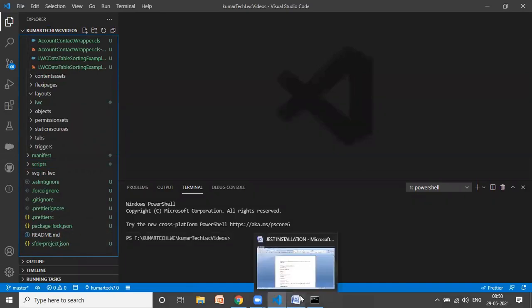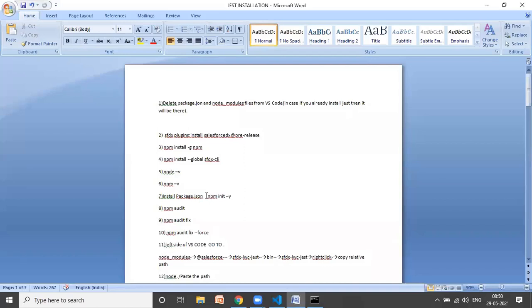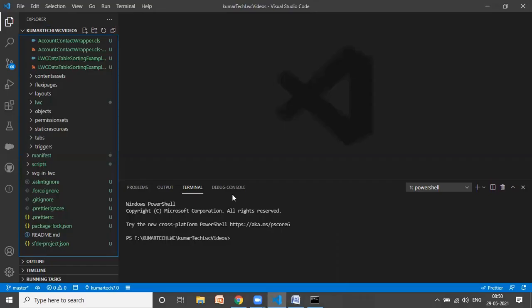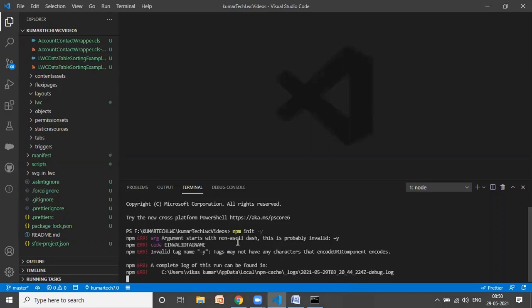So first step, go here and type npm init -y. You can type npm init as well, but there will be lots of questions, like entering the version, package name, etc. So you just enter npm init -y. Wait for a few seconds, and now you will see a package.json will be created here.